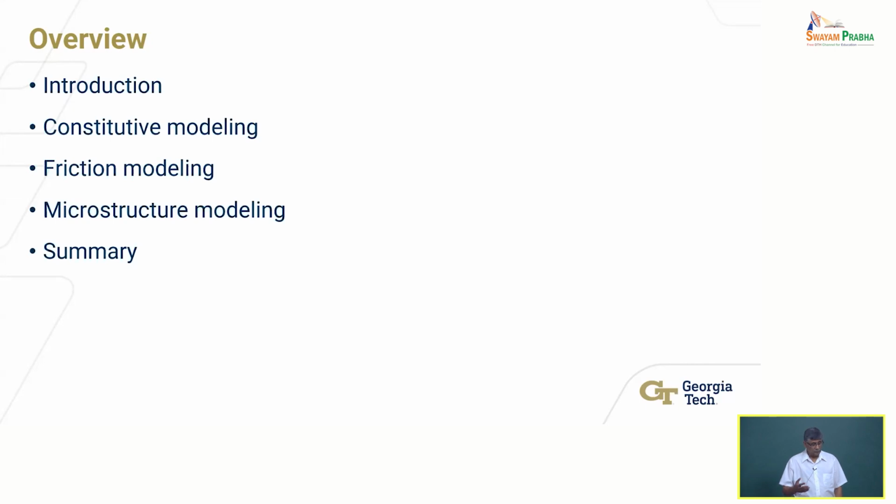And then we'll talk a little bit about microstructure modeling, as to where things stand. It's not just enough for me to be able to predict things like forces, chip formation, and things of that nature. In the end, what are we interested in in any manufacturing process? We're interested in being able to produce a component with the required geometry, the required surface quality, and microstructure and mechanical properties. All of those things are important, right?